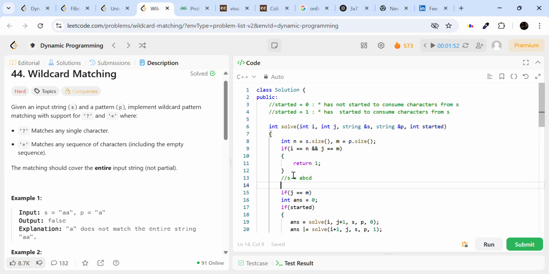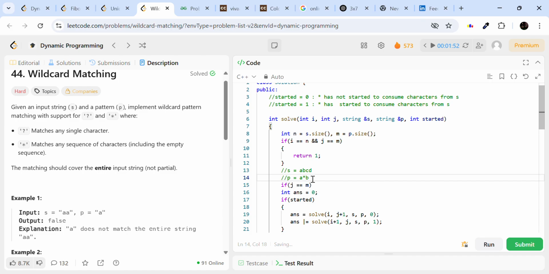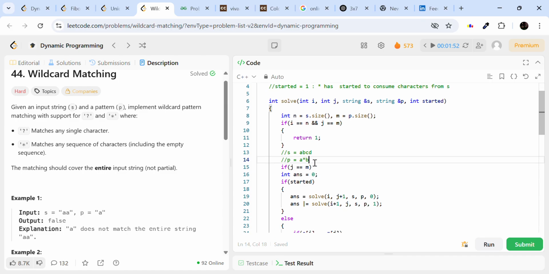abcd and p is equal to a star b, let's say this, and the pointer j is here, at the end of string p, and i is somewhere here, let's say. So now there are no characters remaining in p with which I can start matching these